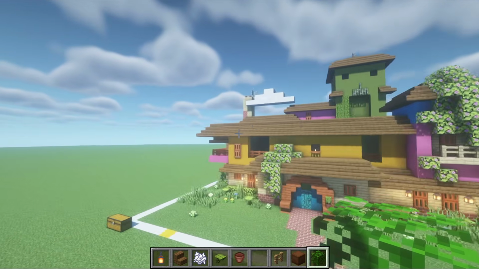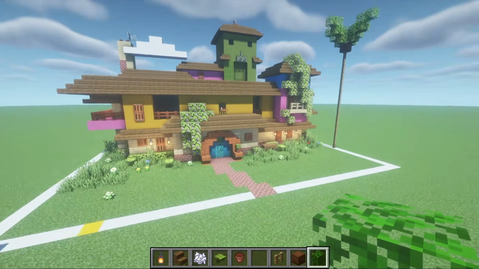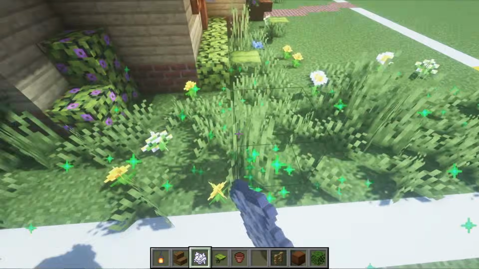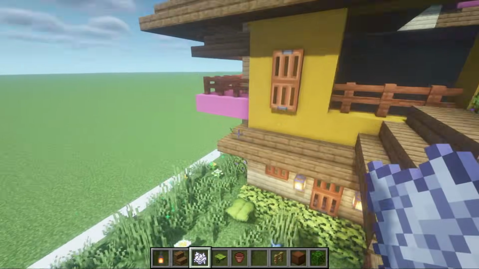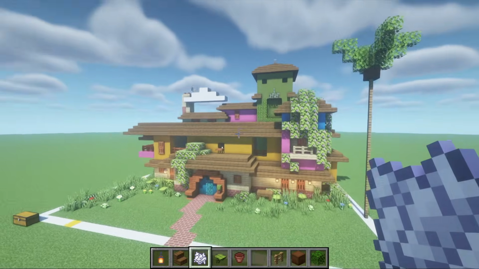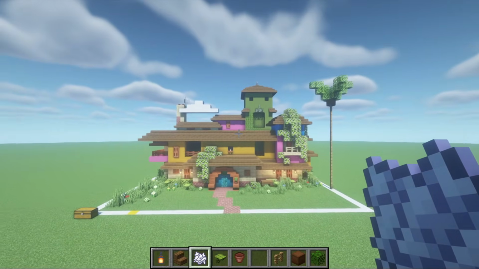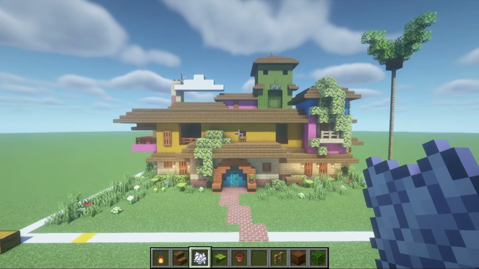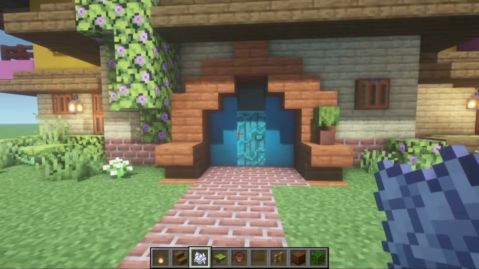The only thing is, it almost feels as though that imbalances that side of the build. It almost feels as though there should be something more on this side. So if you do want to grow out the vegetation a little bit more, maybe add some more leaves to this side, then that might balance things out. But regardless, that's what we're working with. So that is actually the outside of the house complete, ladies and gentlemen, and now we are able to head